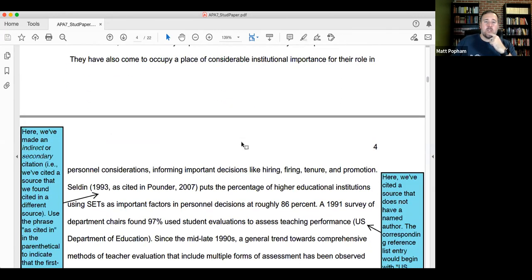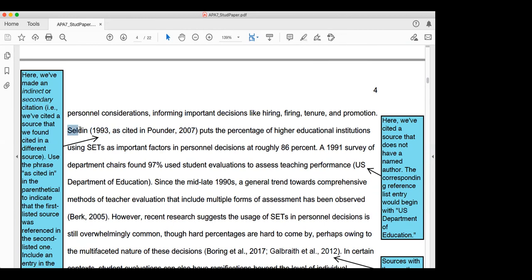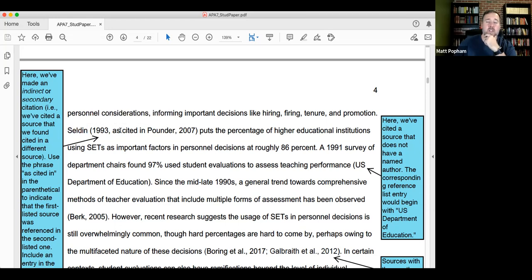Just going to scroll on down to see if there is, okay, so right here, I get this question all the time. What if I run into a citation in a book that the author uses that's a citation of another source? Well, this might be how you cite that here. So we've got Sedlin, who is an author, who, it appears, is citing something